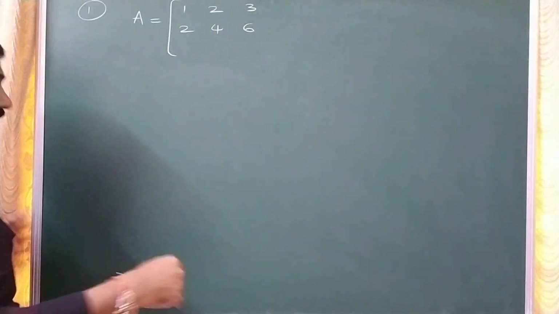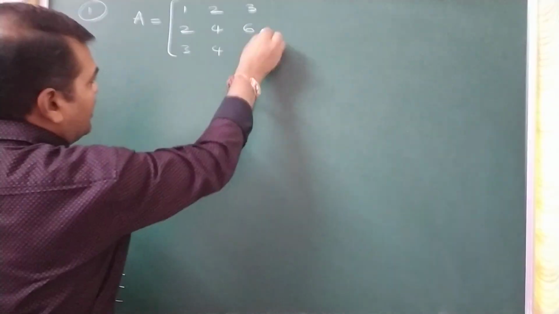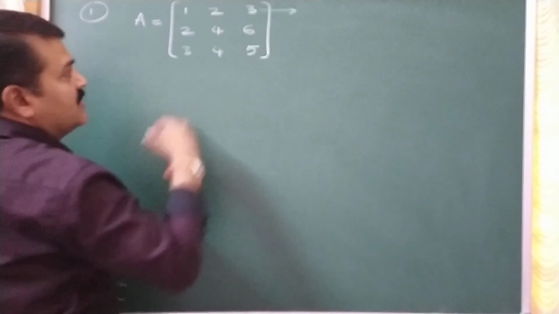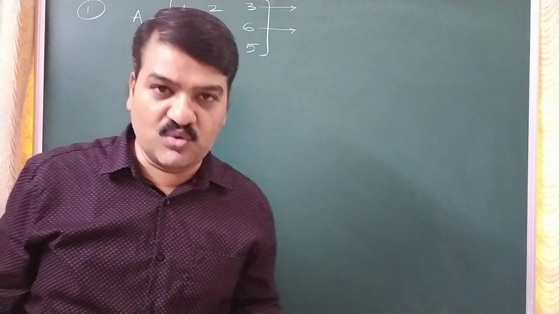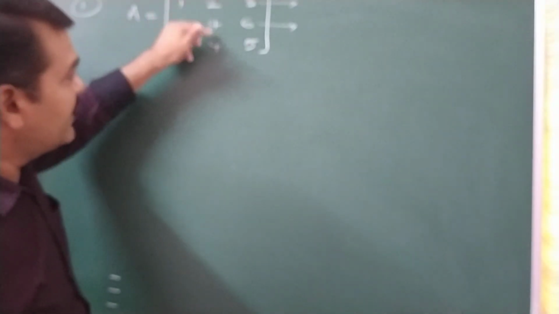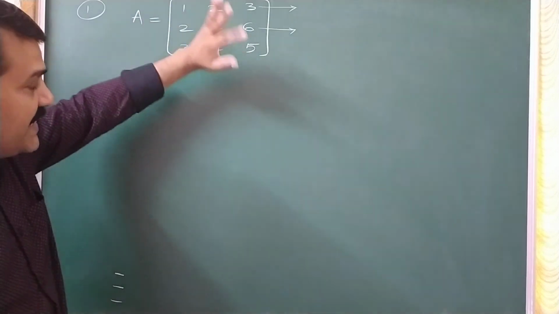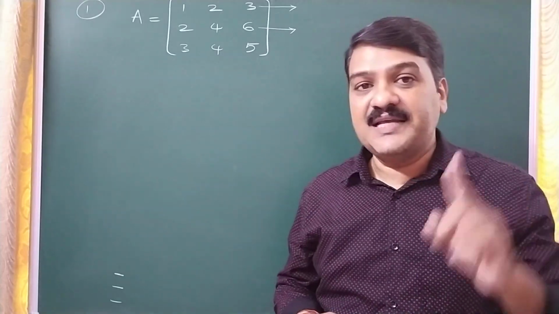If you compare any row or column with some other row or column, if the elements of a row are in the same ratio when compared to elements of another row, like you can see first row, second row elements are in the same ratio, 1:2, 1:2, 1:2. So when the elements of any two rows or columns are in the same ratio like this, then the determinant is